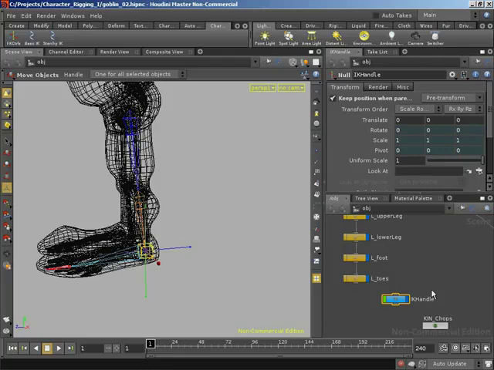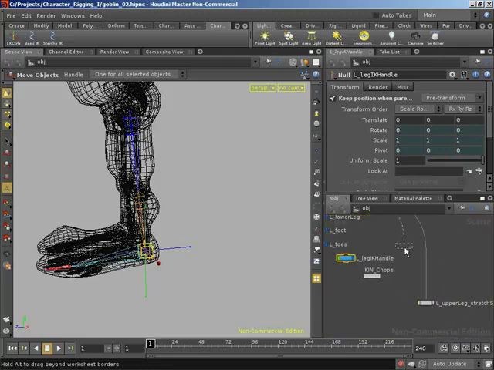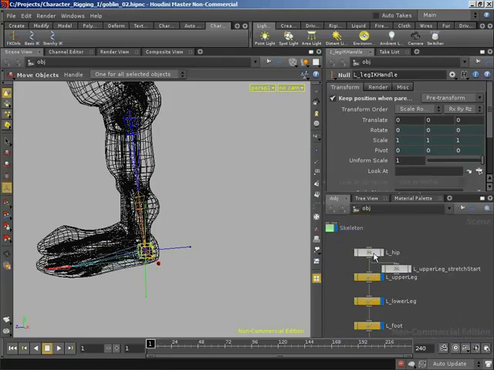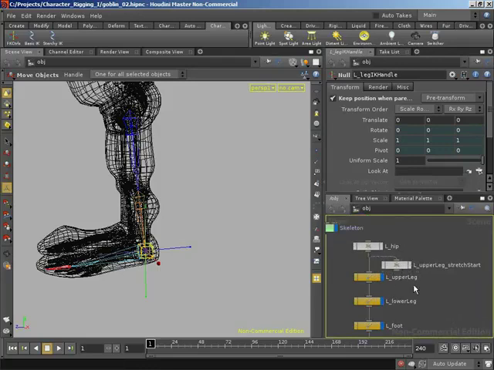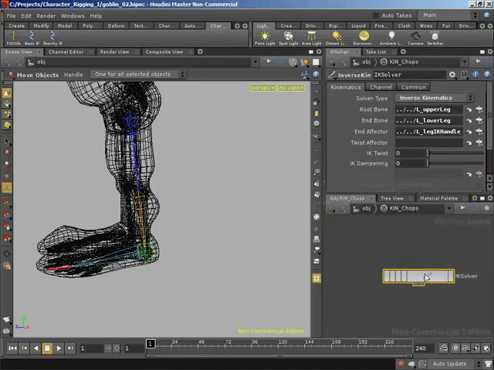for us. The first thing I want to do is rename the IK handle from IK handle to L_leg IK handle. I also want to grab the leg stretch start and move that up towards the hip, just so that the network's a little bit more organized. We can also jump down inside the chop network, and we've got an IK solver. I want to rename this to L_leg